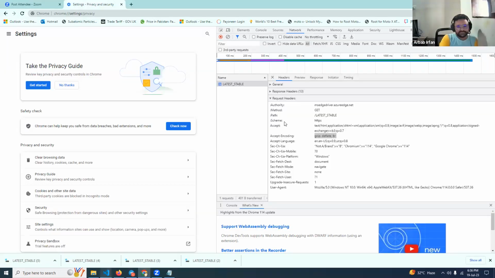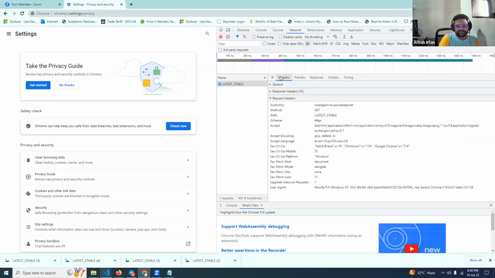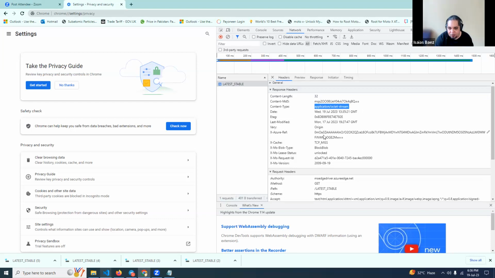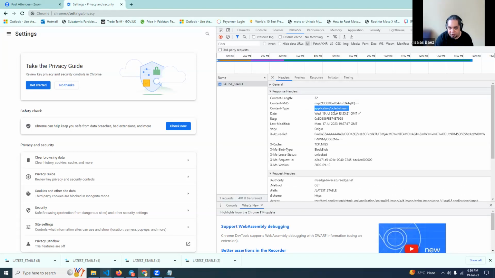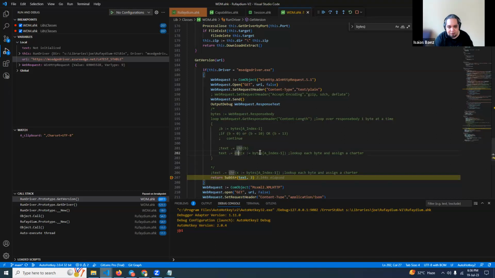Now, line 190. So this is the interesting part. What we got is a stream. No, this is the interesting thing. We got an MD5, we got the length. It is an octet stream, which means that it is binary data, really. That's probably the reason why I told you to go with the binary stream as we were doing. So now I'm understanding more or less what you mentioned a few minutes ago. So here, if we go with the response body,